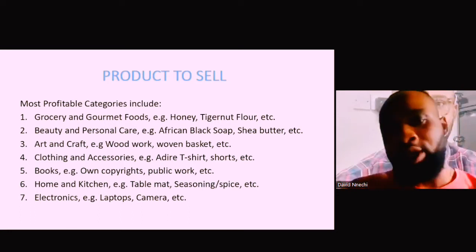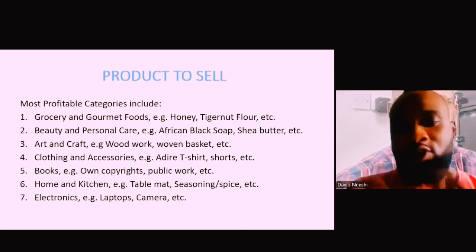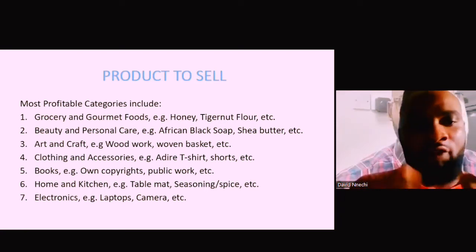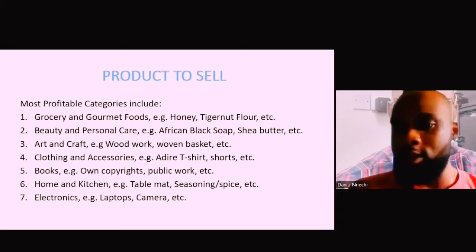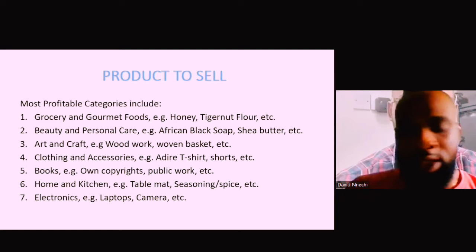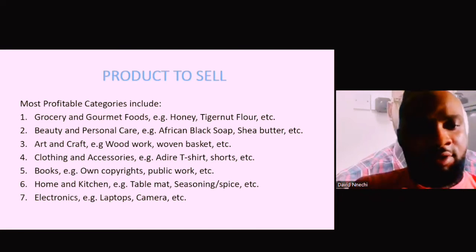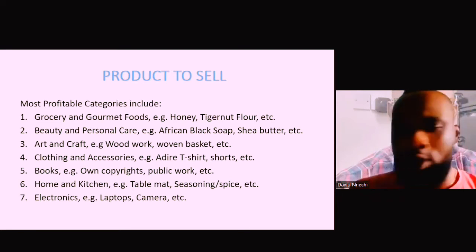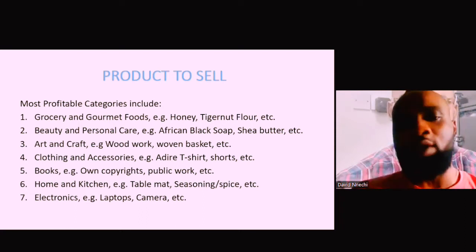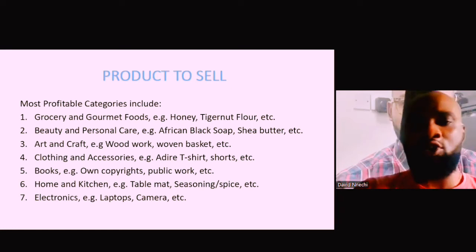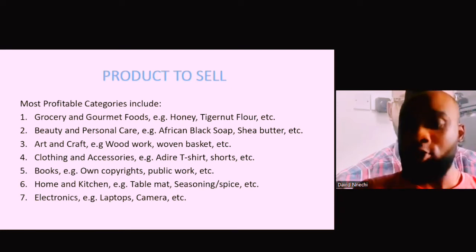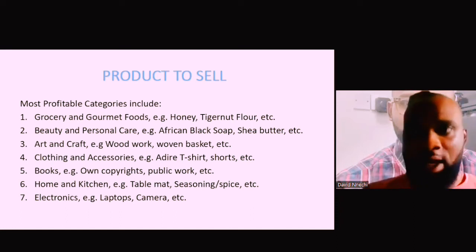You have books, either your own books, like your own copyright, or public works, as if you have license to sell another person's book. You have home and kitchen, you have table mats, it can be decor mats, you have seasoning and spice, it can be suya spice, it can be chili pepper and the likes. Under electronics, yes, you can sell laptops, sell cameras. So there are a lot of them, but these few, if you have any in mind, you can go into them and I can tell you, you make a lot of serious profit. So next on this slide,